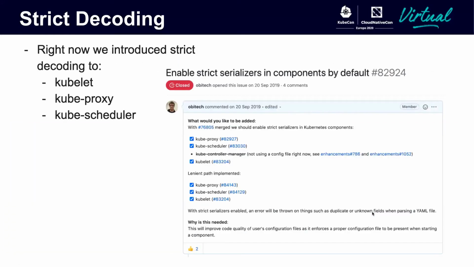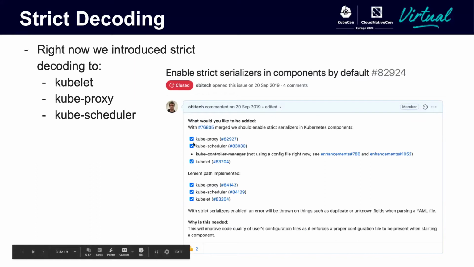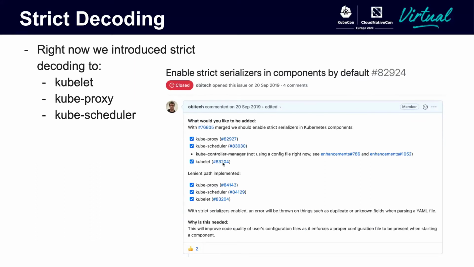All right, and we basically did this for every component. For the kube-proxy, the kube-scheduler, and the kubelet, as you see here in the first list, we implemented these first. Then we came upon the issue I just talked about, and afterwards we shipped the lenient paths as well, is what we call it.